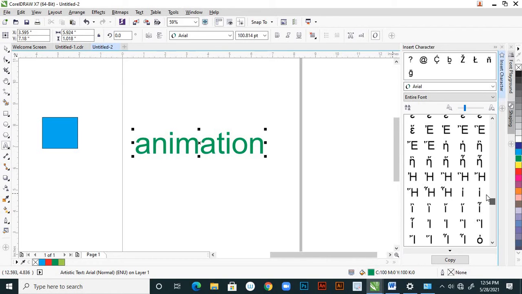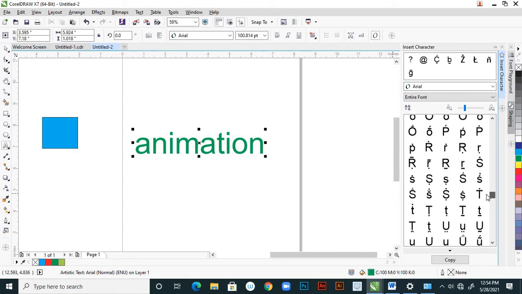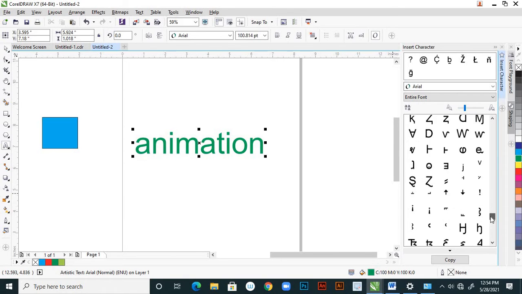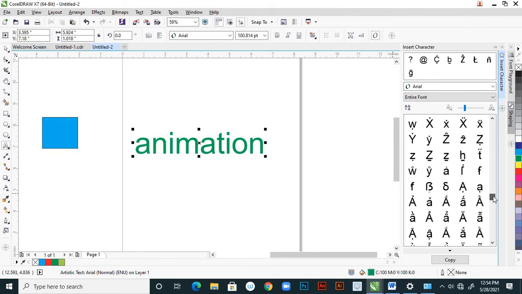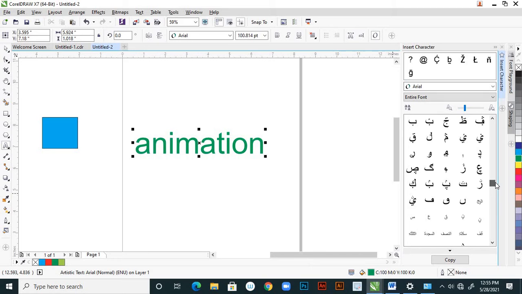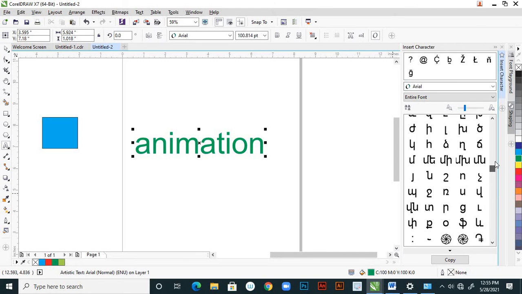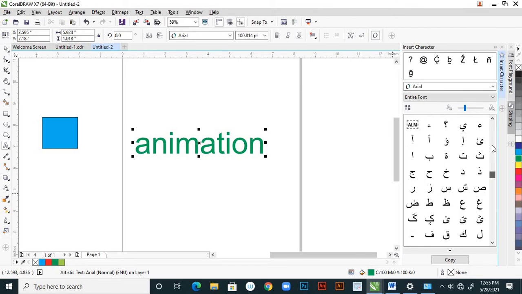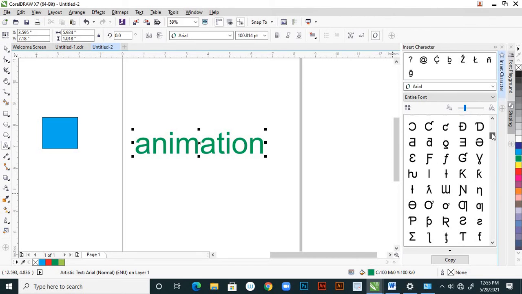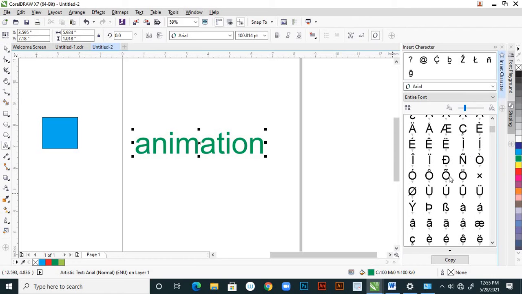Suppose go to your text, right? These are like symbols, no need to worry. These are all the symbols. Sometimes we use these symbols, right? So where are my English letters? Yeah, here.